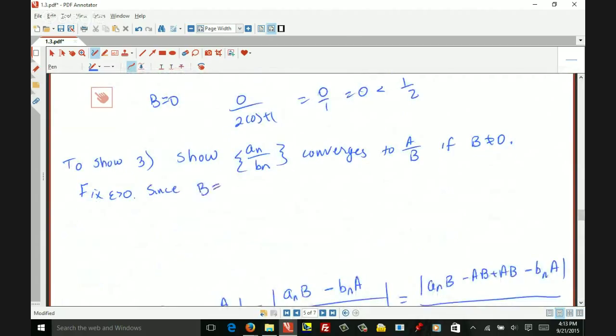Since b is not equal to 0 and b sub n converges to b, I know that b sub n is bounded. I have to be careful because I need this bound to be something bigger than 0. It can't be 0. So the smallest value of this sequence might be 0, so I can't exactly choose the smallest value. But I can choose a value so that it's going to be bigger than 0. So